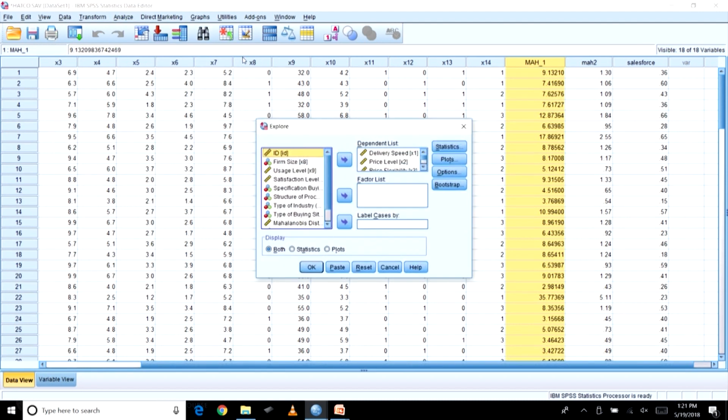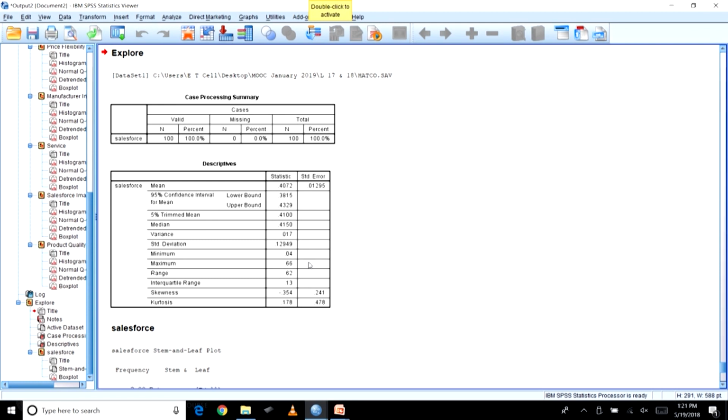So, again I go back to explore and reset, and I take the final Salesforce and go for a test. So, 0.354, you see, interestingly a very positive skewness has now been converted into a negative skewness, but that is very normal, nothing wrong in that. However, the normality has been corrected. Now, you see 0.354, if I divide by 0.241, it should be in between minus 1.96 to plus 1.96. So, that means my normality problem has been corrected. Now, this is the data set that I am going to use now, right.